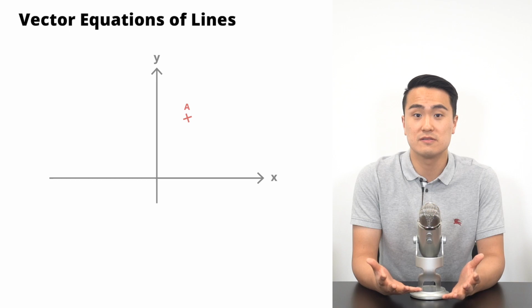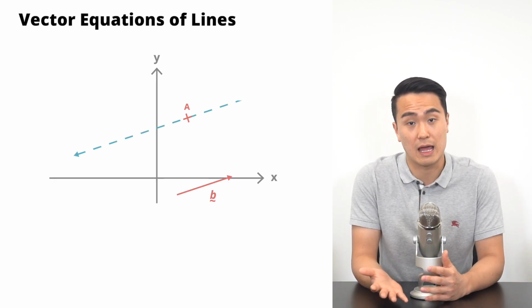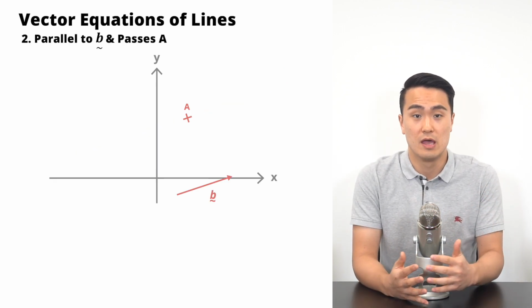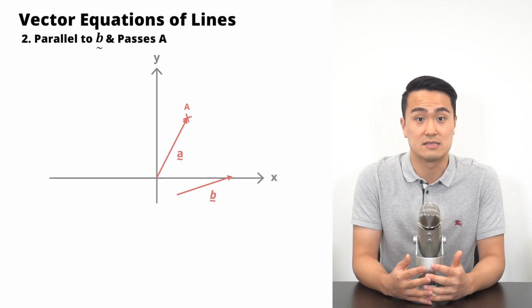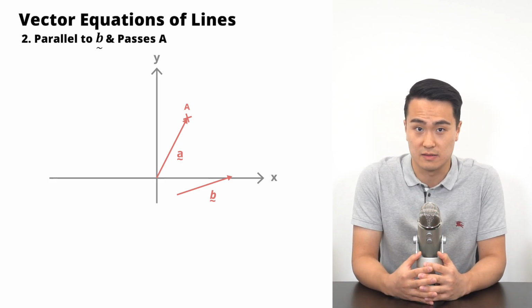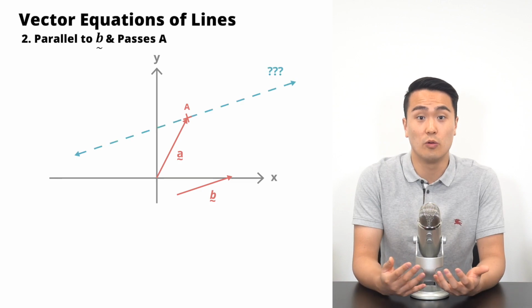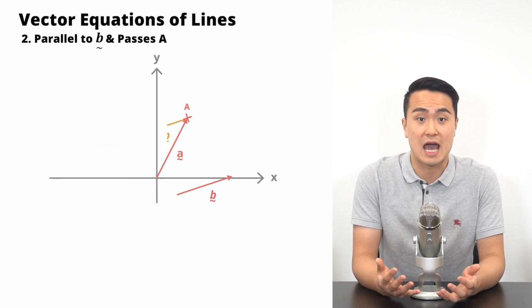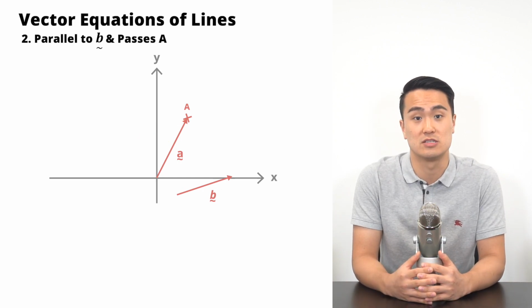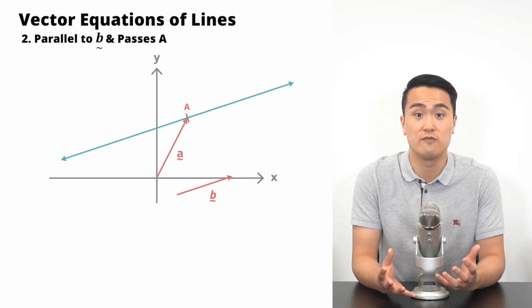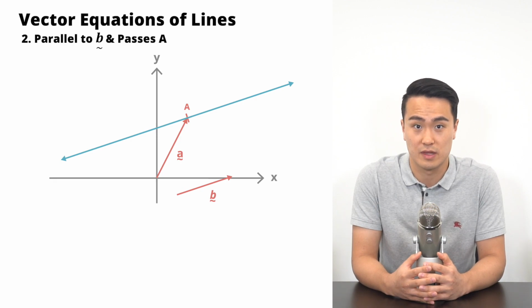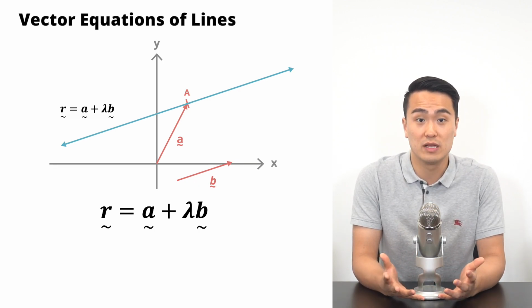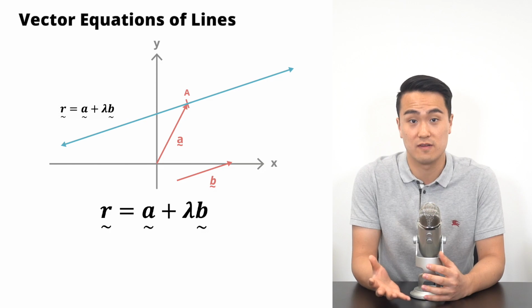Now, say we want to find the equation of a line through point A and parallel to vector B. We can start from vector A as the head of vector A lies on the line. Now, how can we reach all the other points on that line? Starting from point A, we just add different scalar multiplications of vector B and construct every single point on that line again. So we now finally have a formula for the equation of a line through one vector and parallel